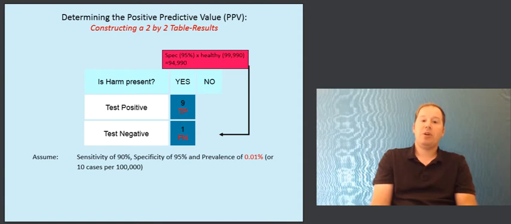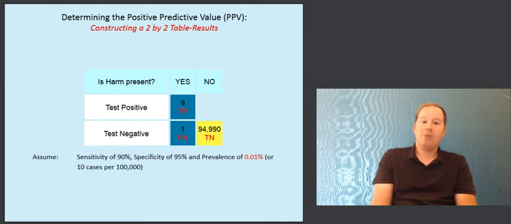Here we're looking at people who do not have the disease, and we're testing them. The specificity for this test, notice, was 95%, we said. And the healthy background population is 99,990. That is, we're assuming there's 100,000 people we're screening, and 95% of those people we know in advance are not going to test positive if in fact they do not have the disease.